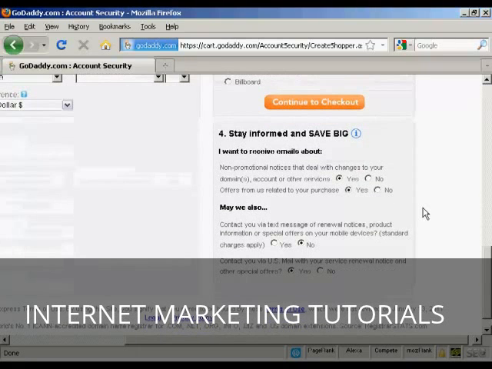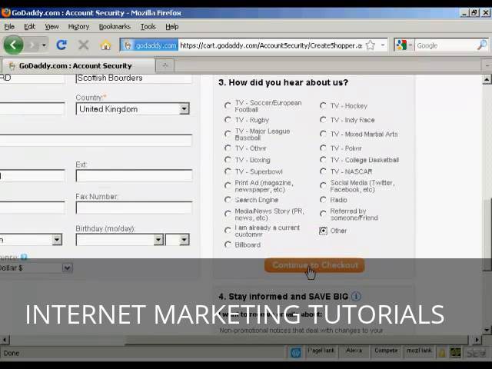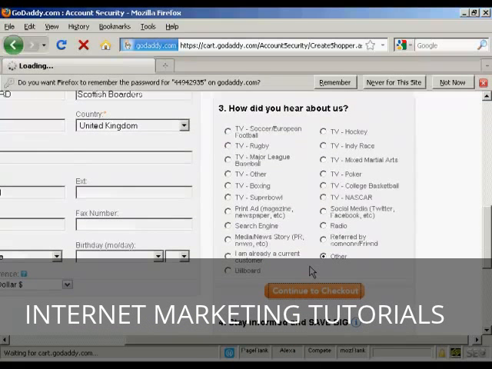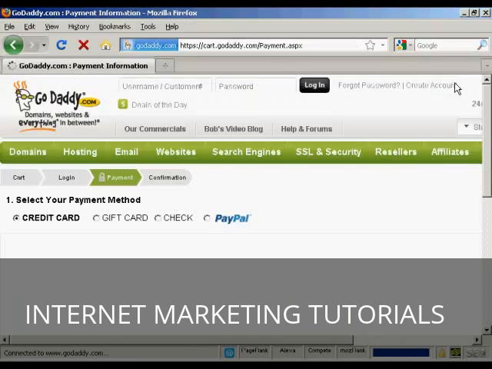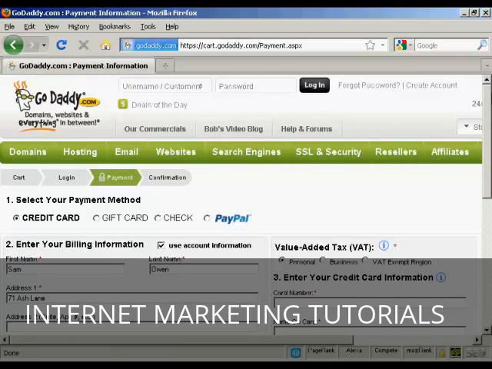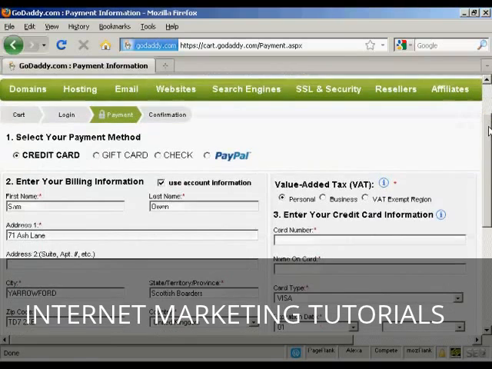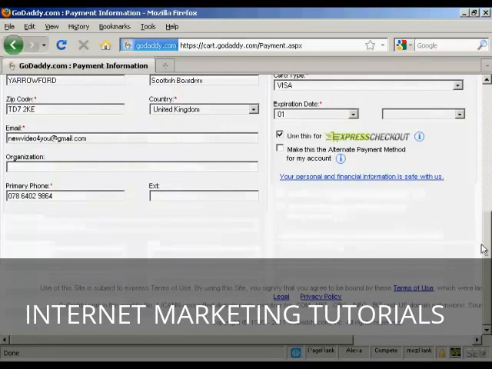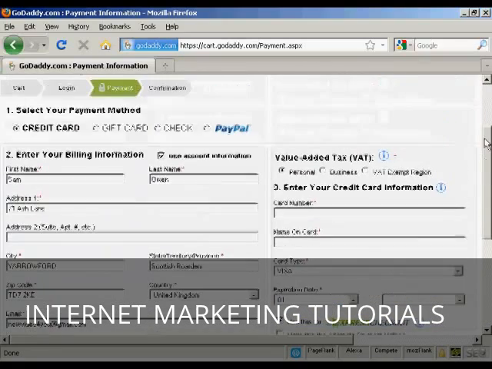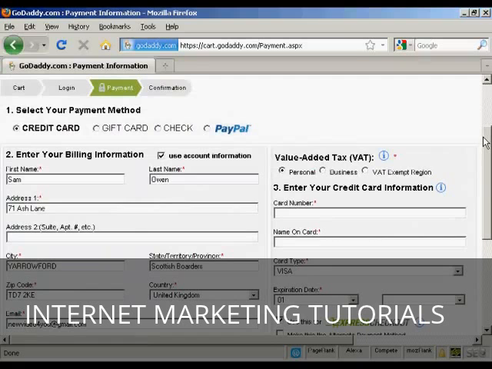Also can select whether you want to receive email messages and so on. I'm going to leave it as it is and just go continue to checkout. And I don't want them to remember that, so we'll clear that. And then it takes me to the final page where I enter my credit card or PayPal information and then check out. And what will happen afterwards is it will then flash up a screen telling me that